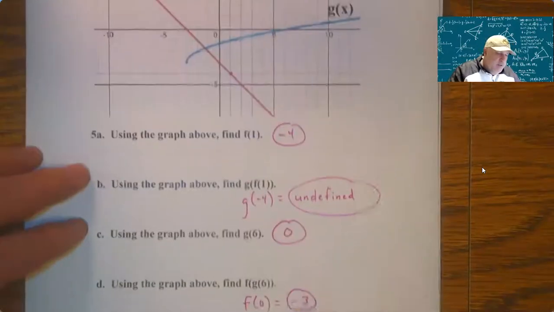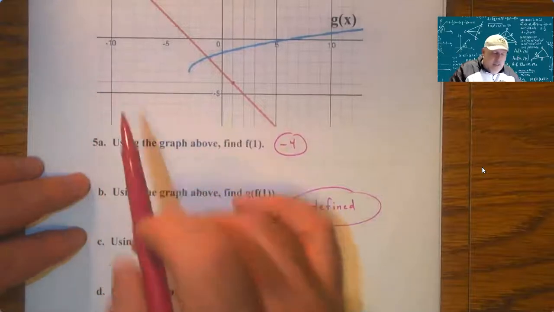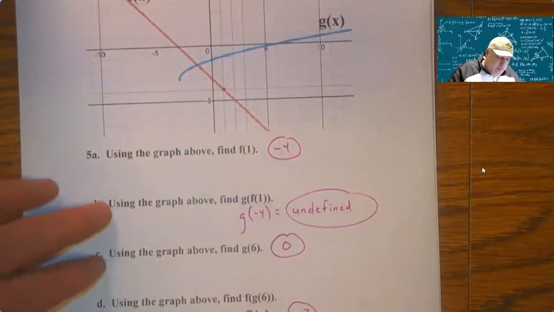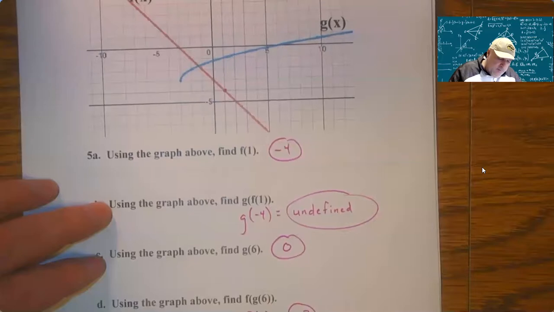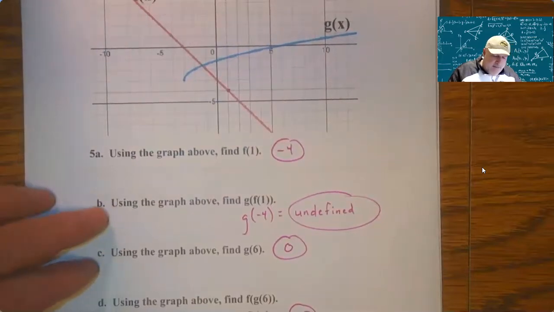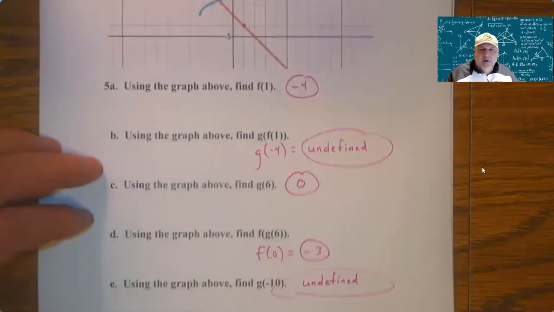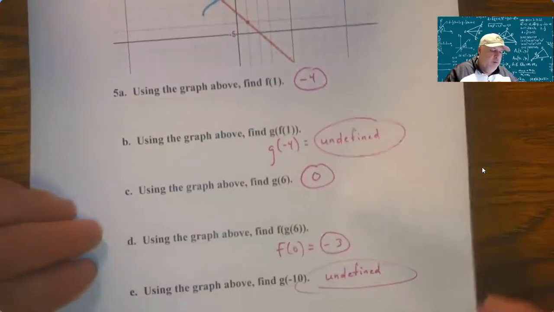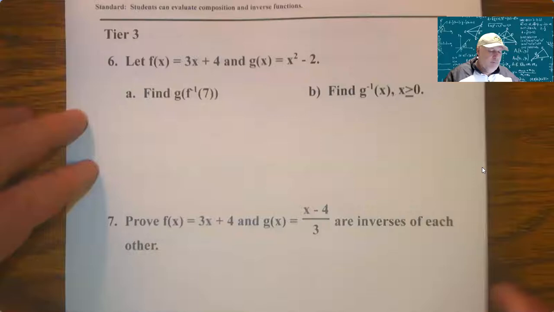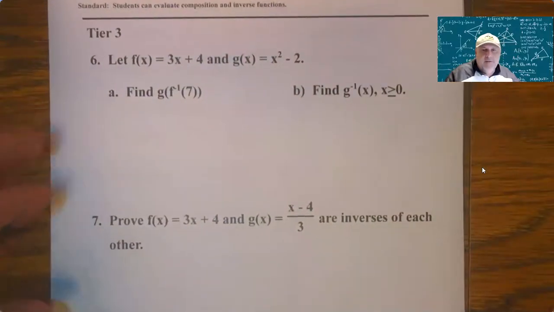g of -10. Here we go again. There's no -10. There's no y value that corresponds with that. So a very rare moment of two undefineds. That is not going to happen very often. So please don't just write that if you don't know. And then tier 3. So you got a couple inverses to find, and then you got a pair to prove